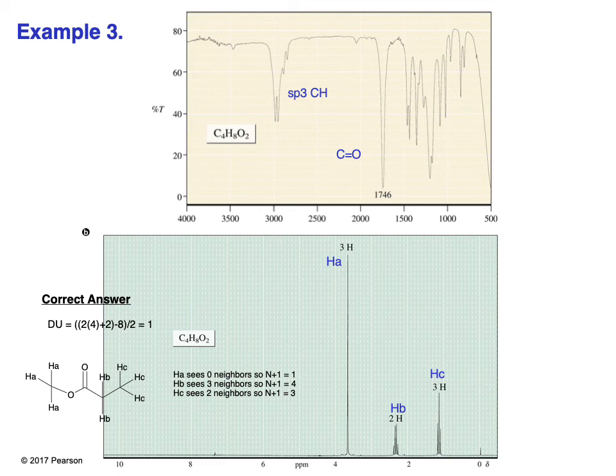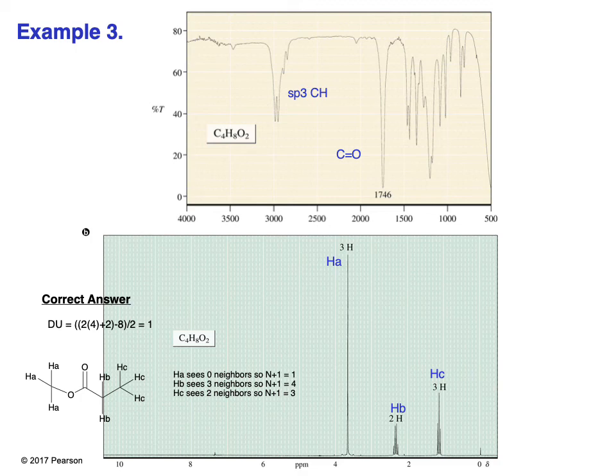We see that we have only sp3 CHs because of that signal that's just below 3000. And then we see that we have a carbonyl of some sort. We don't know whether it's a ketone, an aldehyde, or an ester, because we do have a second oxygen, but it's not a carboxylic acid because we don't have that OH peak in the IR. But we don't know which of the other three that carbonyl is, so we have to look at the NMR